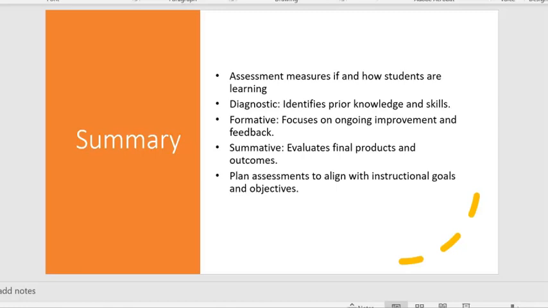So in summary, assessment measures if and how students are learning. Diagnostic identifies prior knowledge, formative focuses on ongoing improvement, summative evaluates final project,